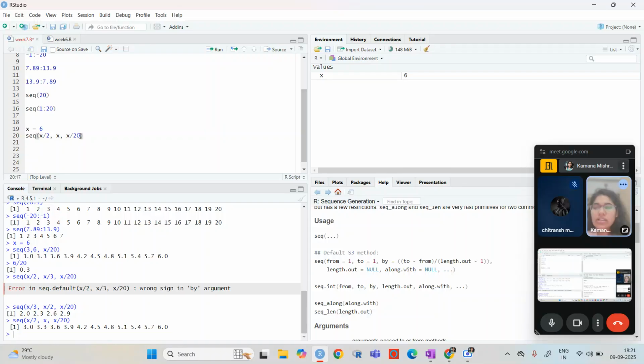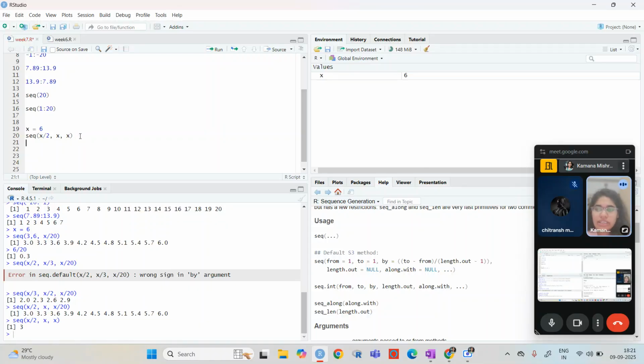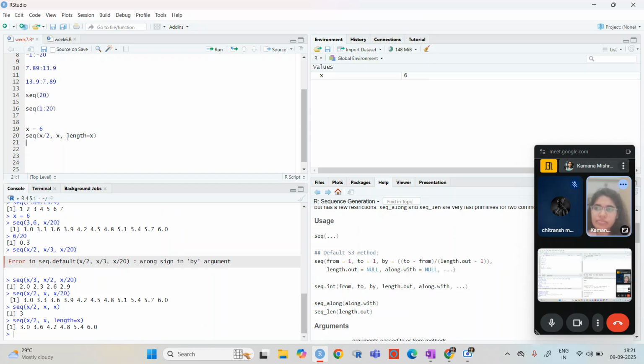Okay, so let us try just x. So it is just giving this, whereas if I write length equal to x, so what it is doing,